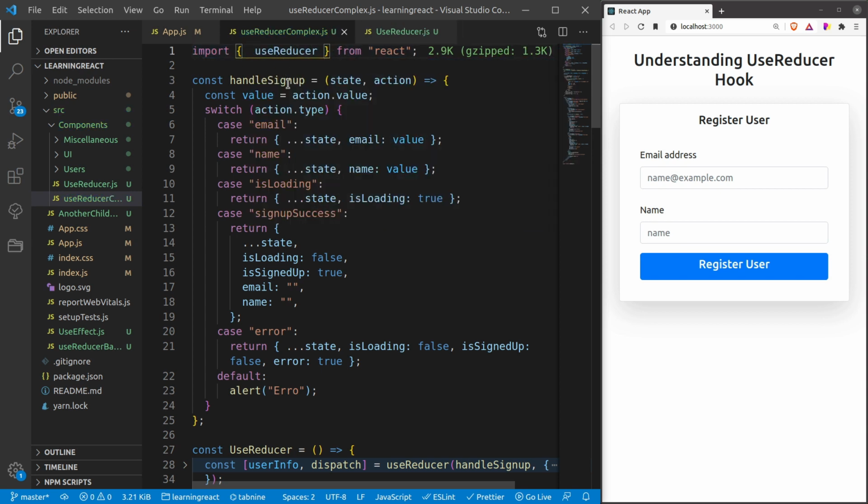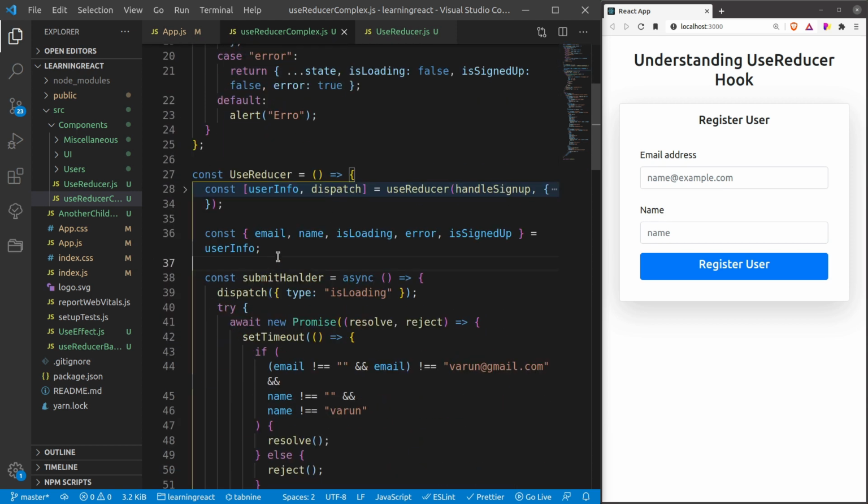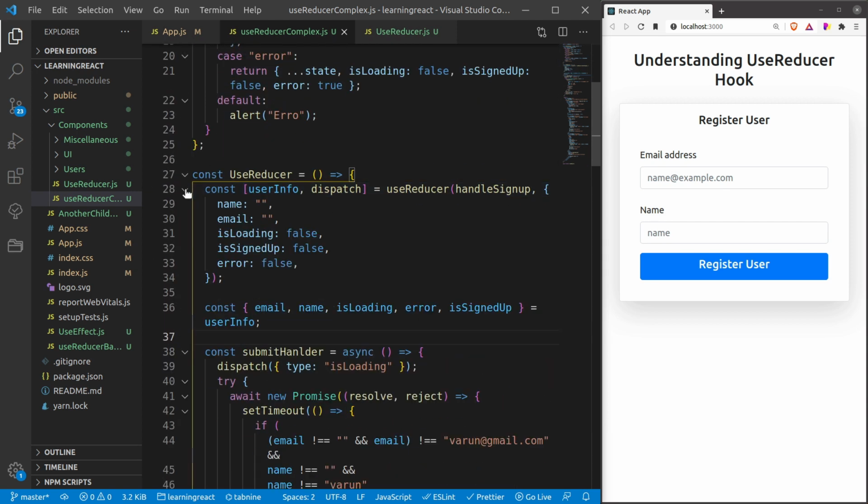So guys, now what are the key takeaways from here? The first key takeaway is that we have removed those complex different use states with a single use reducer, and I have defined all these states in a single object, right? Of course, you can use an object in use state also, but as separation of concern and the single responsibility principle say, the best practice is we should use primitive values for states, right? It is just a practice. It is not actually a rule, okay?